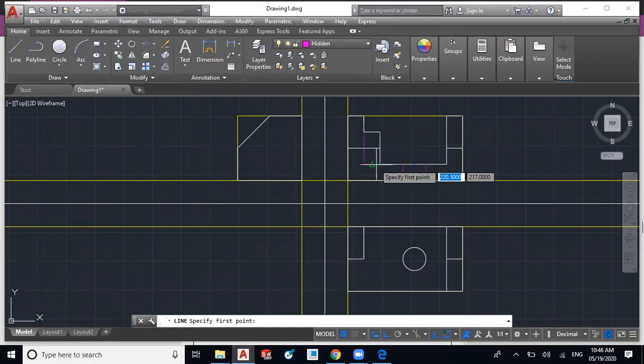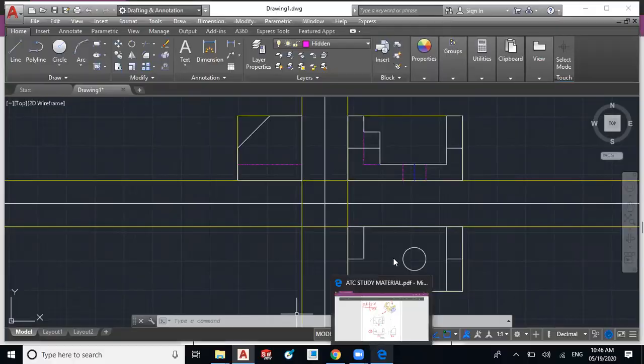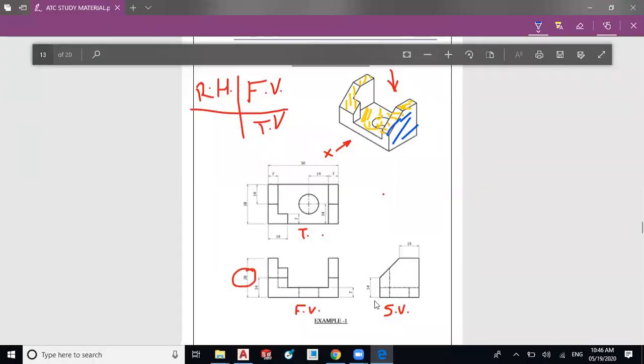Okay, this corner is behind the surface, so I will track this edge from this point up to the perpendicular point. There is the edge. Then we have to track the edge from this side view, or you can directly draw that edge which is at 7 mm from the left corner. Okay, this distance is 7 mm which is given, so we have to draw it at 7 mm.